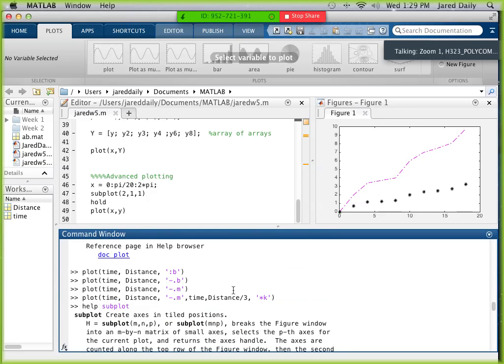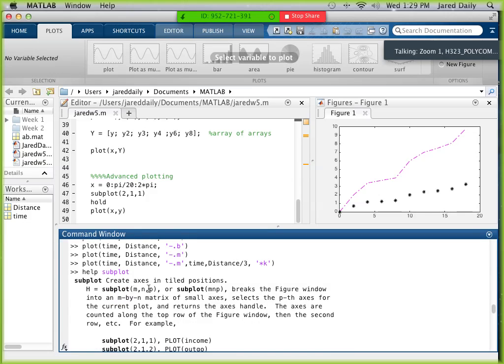Subplot is going to create multiple plots within the window. So you're going to have subplot m, n, p, or 3 numbers in there with commas. And it's going to break the figure into a matrix of plots, a matrix of windows, essentially. And it's going to be m by n. So I did 2 and 1, so mine will be 2 by 1. There'll be two windows, 2 rows of windows, right? Because rows are first, and then 1 column of windows. And then the p is going to be,